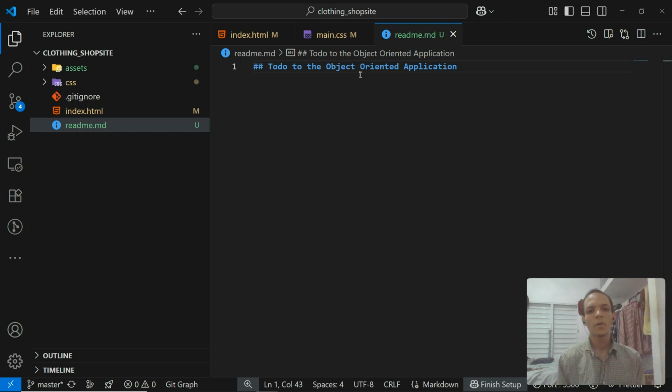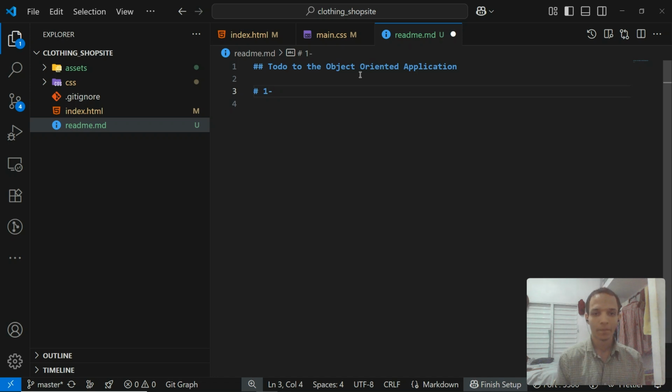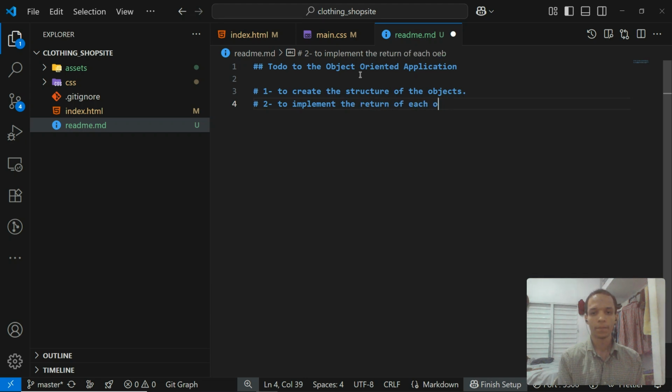So let's just go here. Okay, let's create here a first item, and we're going to say that the first thing is to create the structure of the objects. That's the first thing. The second thing is to implement the return of each object. And third is to,